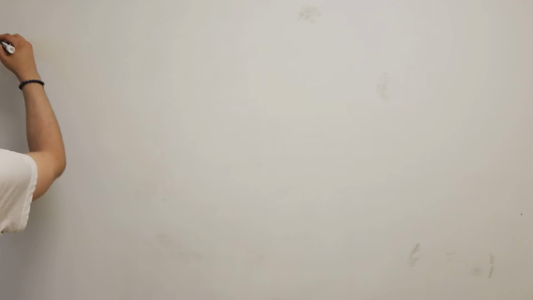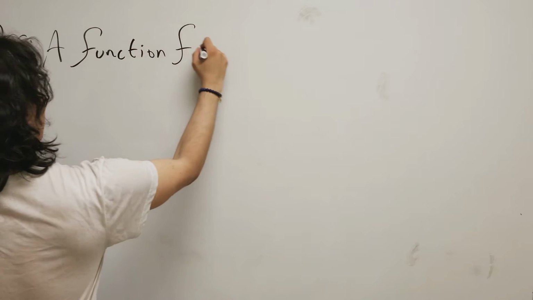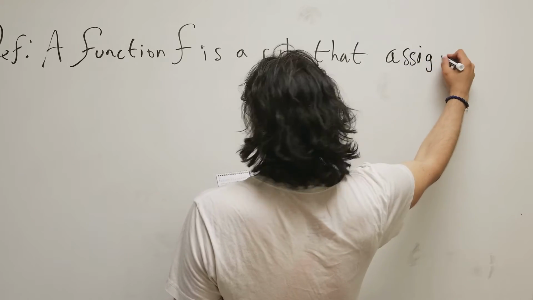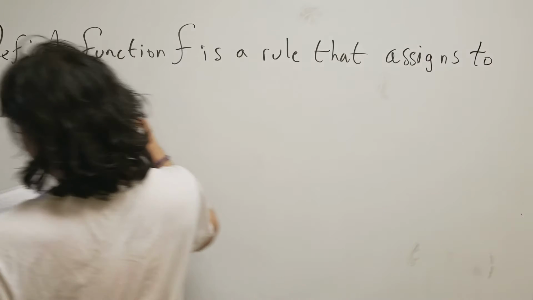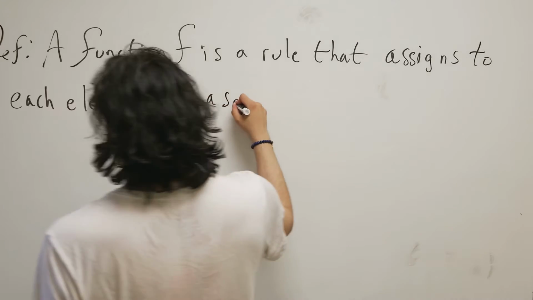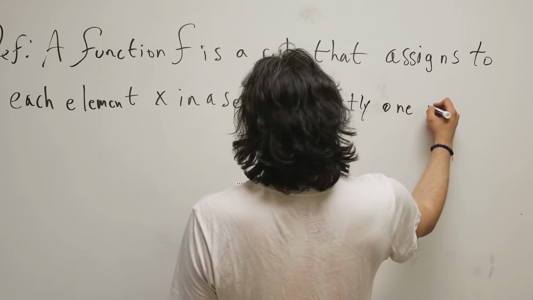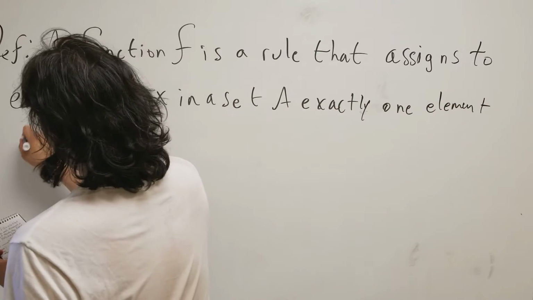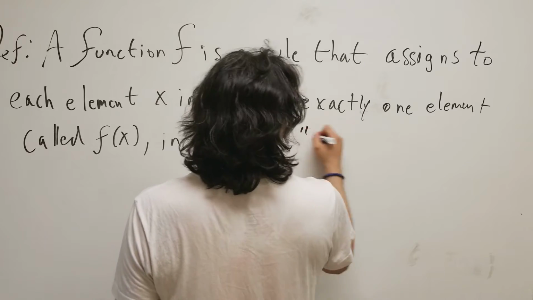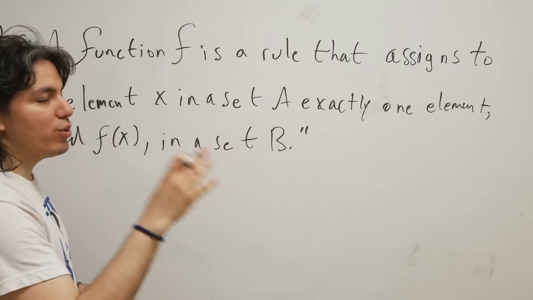So it states that, definition, a function f is a rule that assigns to each element x in a set A exactly one element called f of x in a set B. So what this is saying is that we have a function that sends messages to another thing, another object,